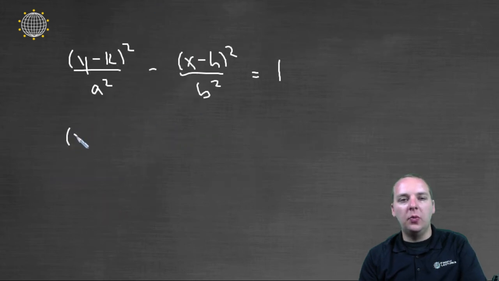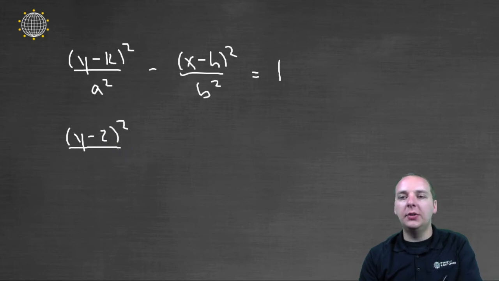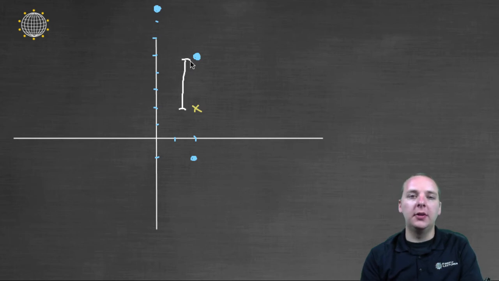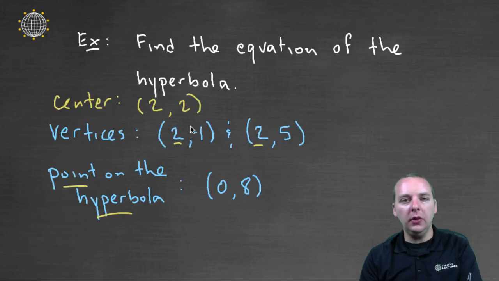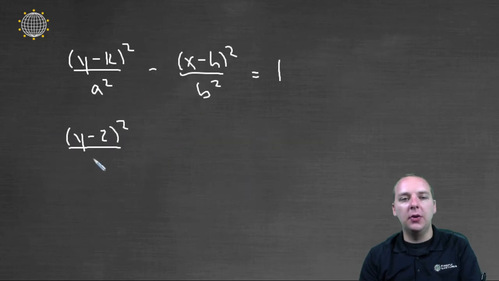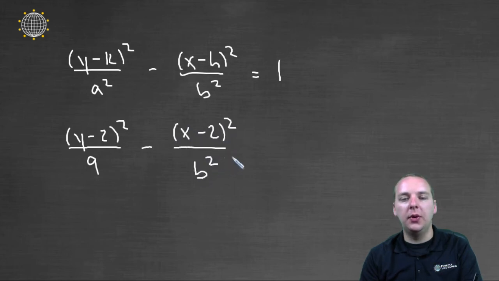So we'd have (y - 2)² over a². Now what's a? Well, a is the distance from the center to the vertex, and that's 3 units, from 2 to 5 or from -1 to 2. They're both 3. So this will be over 9, and then minus (x - 2)² over b²